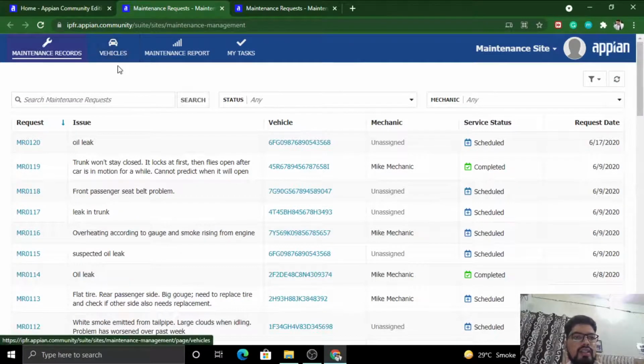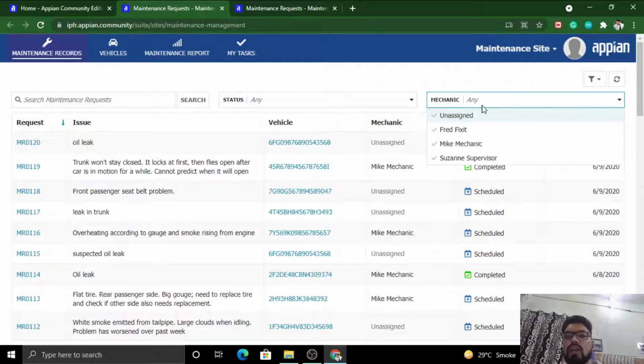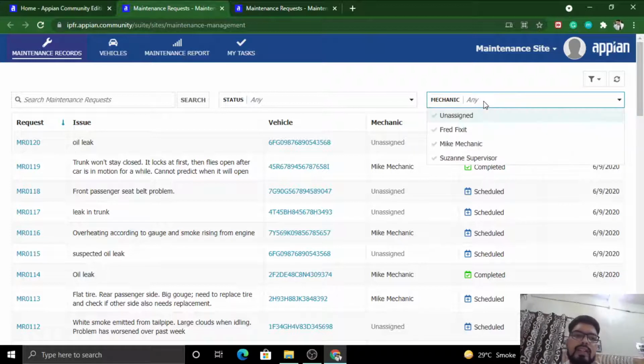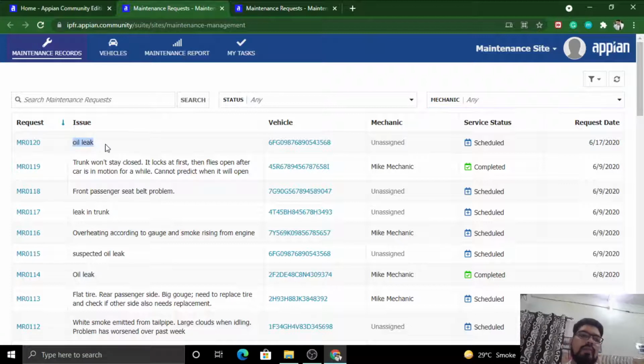So here it is a situation where you have to register vehicles and check their maintenance report, whatever upgradations have been done, and what the schedules of their maintenance are. As a mechanic, a supervisor or a registrar, based on your roles, you can access it, and you can access the entire request with the request number, that is, what the exact incident was at the time of admission of that car, and whatever updates you have done.